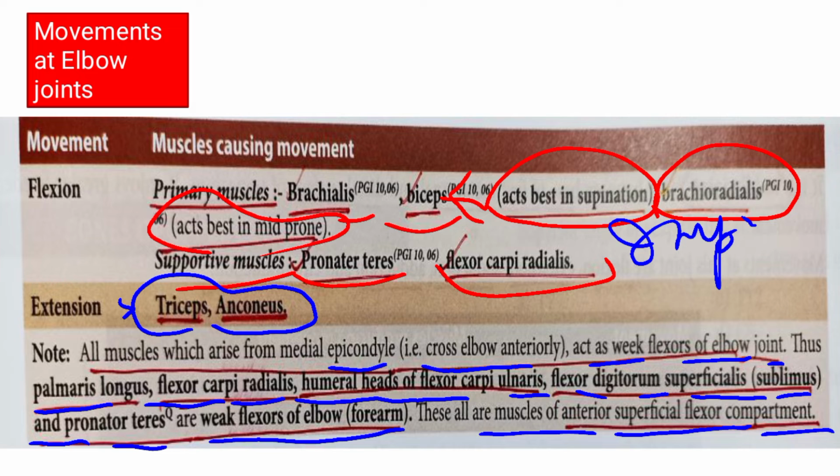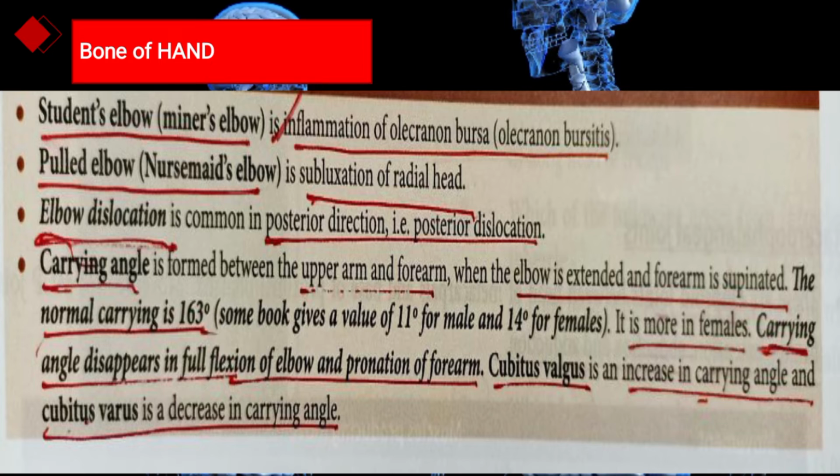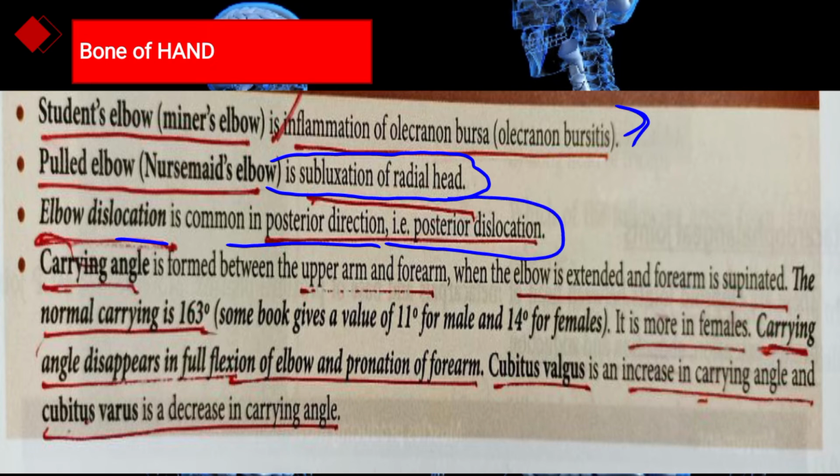Now let's move to some other very important points. In student's elbow, or miner's elbow, there is inflammation of the olecranon bursa, known as olecranon bursitis, and pulled elbow, or Nursemaid's elbow, is subluxation of the radial head. Elbow dislocation is common in the anterior direction, posterior dislocation, and